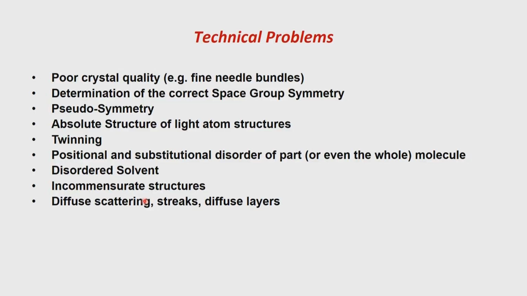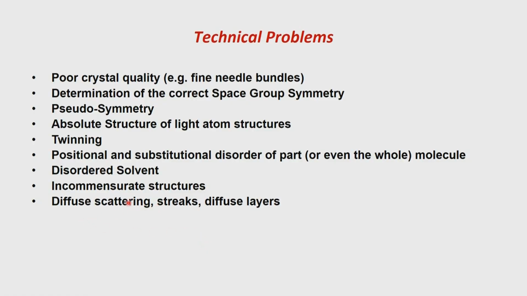So, the cell dimension now is not that of one unit cell, it is that of the fourth unit cell. So, we have to go from the first unit cell to the fourth unit cell, fourth to the eighth unit cell and so on, and that is now the repeat distance. This is a technical issue which can be sorted out. On the other hand, if it is not repeating exactly at 4 unit cells, but somewhere around 3.5, then it is called an incommensurate structure. There are what are called incommensurate waves which go through the crystal, and one has to determine that. So, these are all technical issues which will create problems.